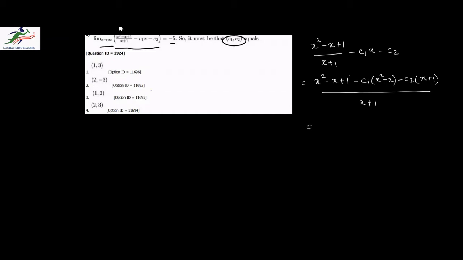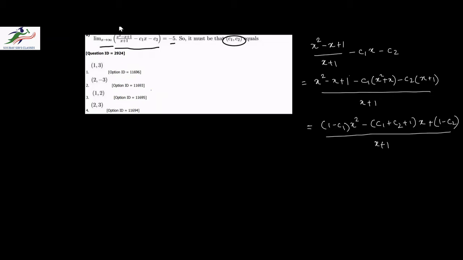So this will come down to 1 minus c1 into x square minus c1 plus c2 plus 1 x plus 1 minus c2 over x plus 1. Now, in order to find the limit of this function as x tends to infinity, we have